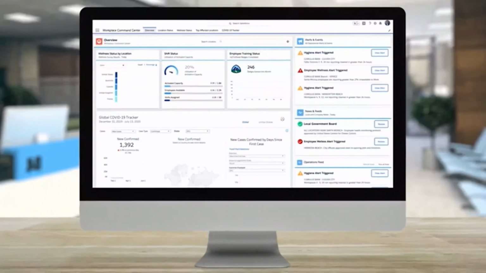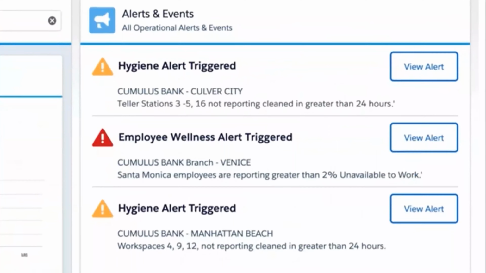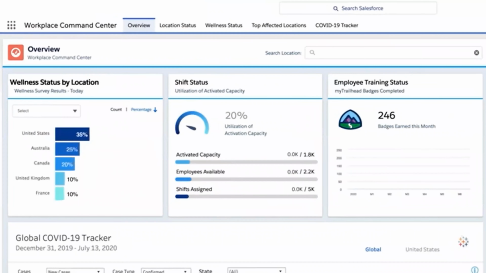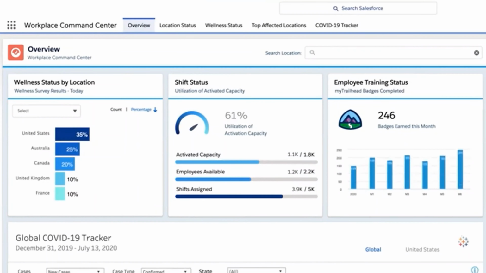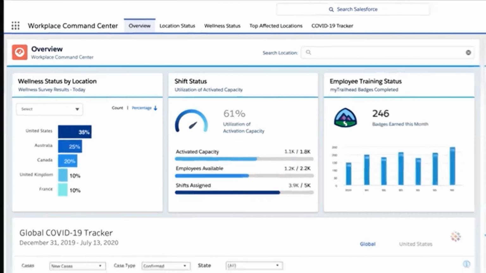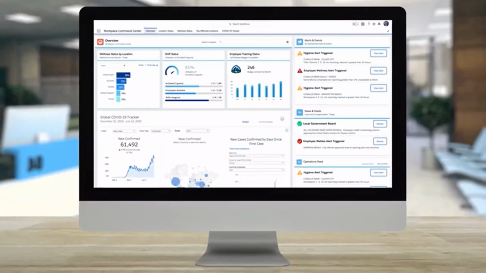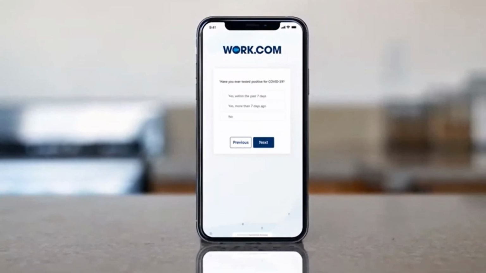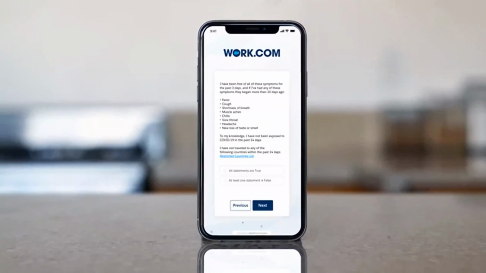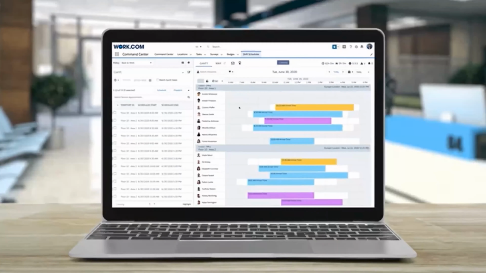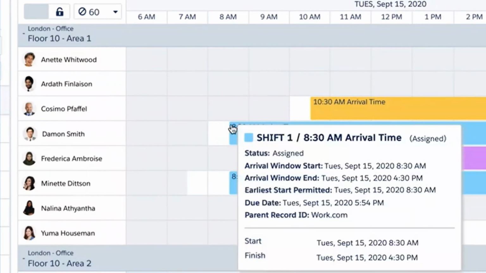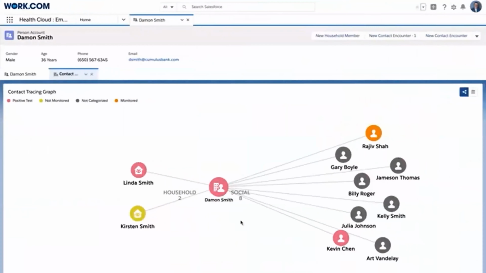You can understand your organization's readiness to operate safely and how to support your employees' needs as they work from anywhere. With the Workplace Command Center, you can gain access to an integrated view of workforce wellness and readiness data for better visibility and use tools to take action across workplace locations. You can learn how employees are doing whether they're working from home or in the office. Organizations can use Wellness Check to send wellness surveys to employees and help identify needs, understand employee satisfaction, and help the business operate safely. That wellness data can be acted on, for example, to make scheduling adjustments if an employee isn't feeling well. And if an issue or health risk is reported by an employee, you can act quickly.